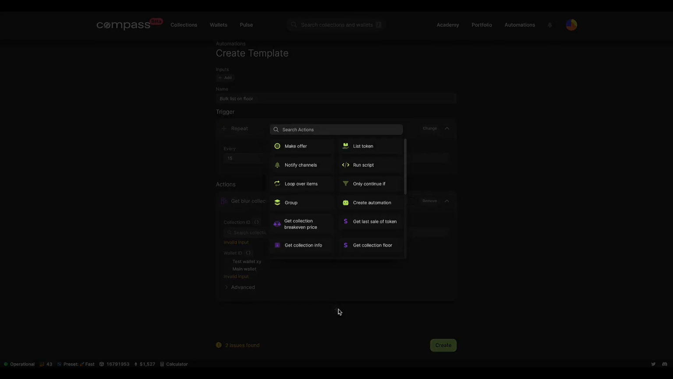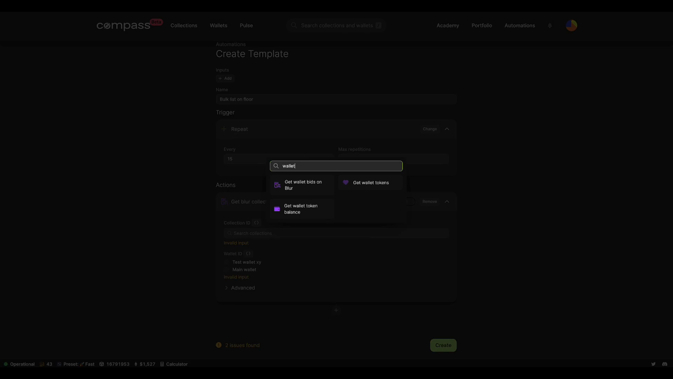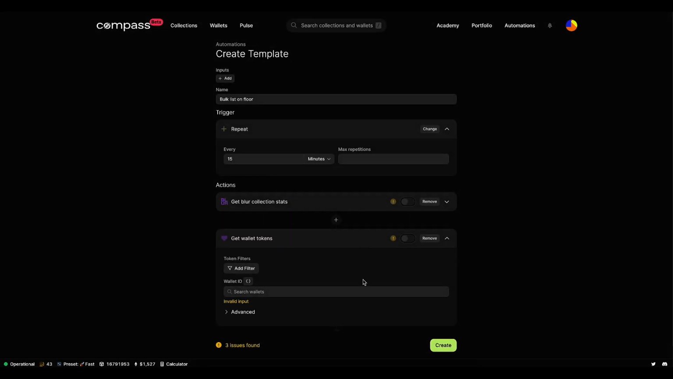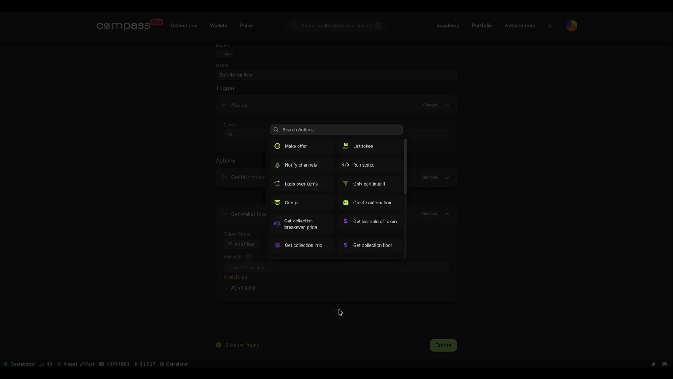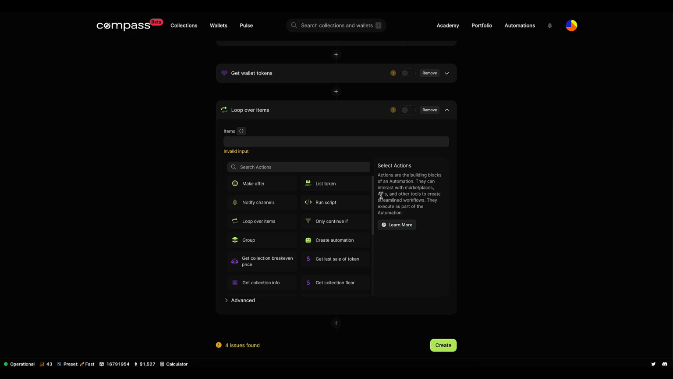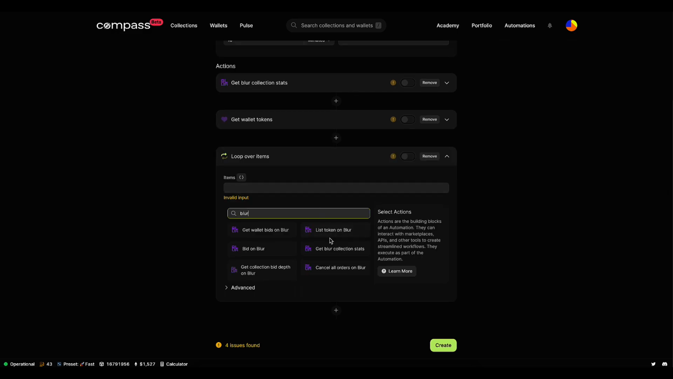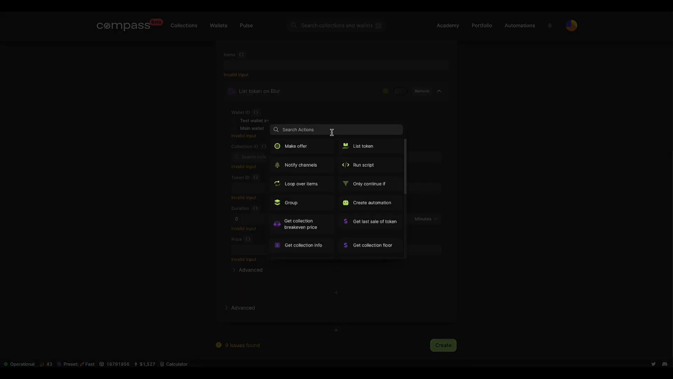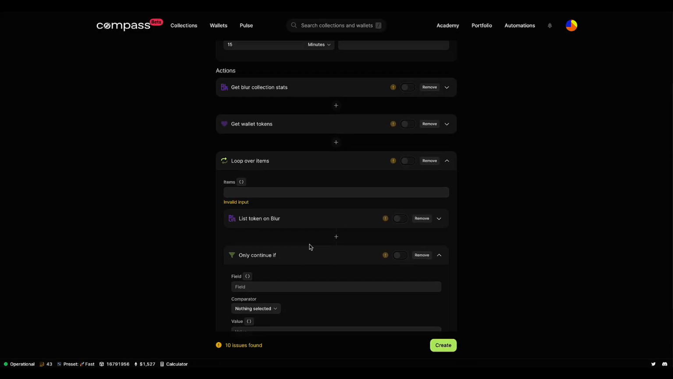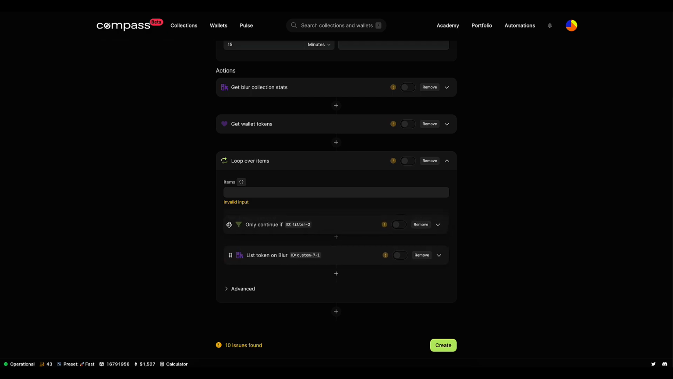get Blur collection stats. I will also get my wallet tokens. Then I will loop over items, namely, I will loop over listing every single one, not every single one, but a specified number of tokens from my wallet, and that will be list token on Blur. But I only want to list that many, so I add an only continue if in front of the list